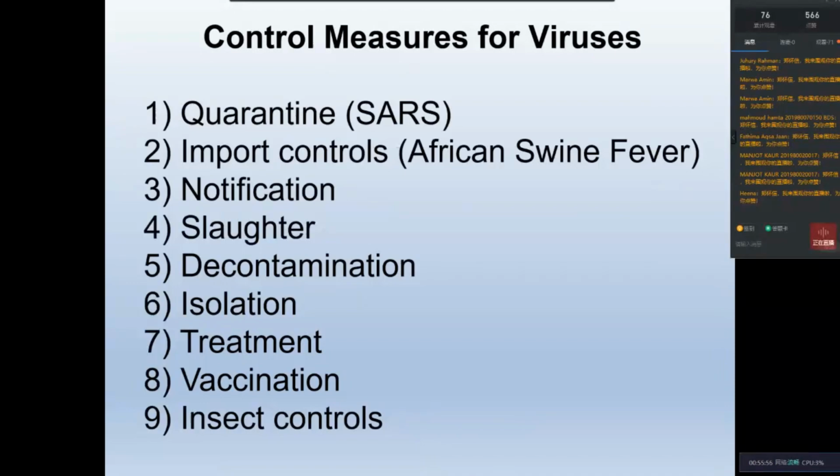So this created the quarantine method. If a ship came to my harbor, we just left the ship on the sea for 40 days. And if after 40 days, the people on the ship were healthy, they were allowed to enter the country for trade. So that is the very beginning of quarantine.